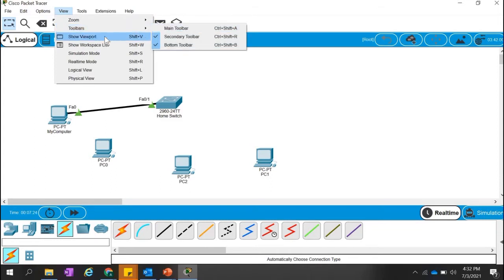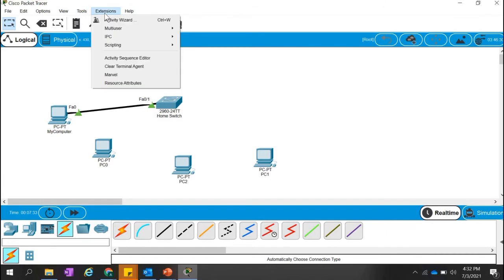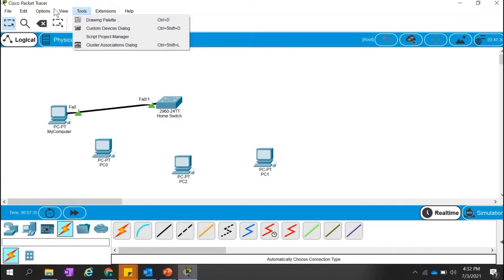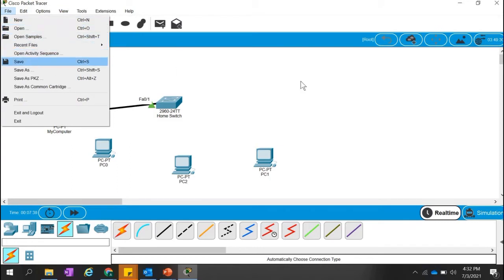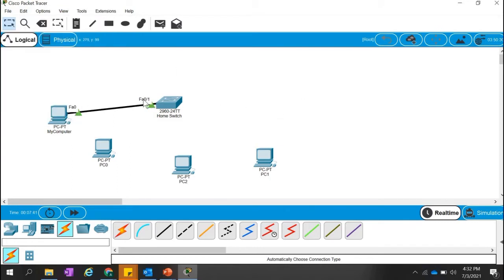So toolbar, okay, that is okay. Logical view. There is some option to enable or disable. I don't see it right now. I will tell you later on, okay? But by default, these port numbers are not visible. So just for simplicity, try to make them visible. It helps you to configure these things, okay?